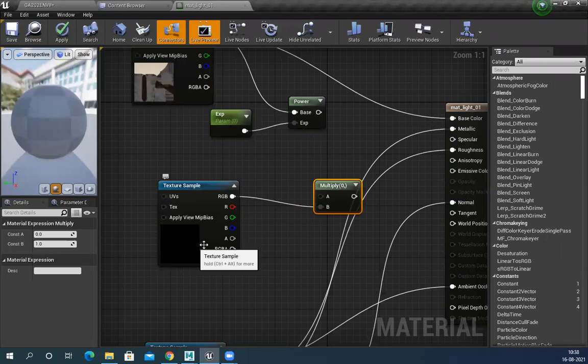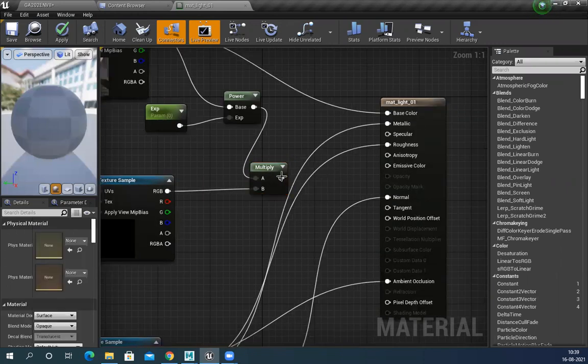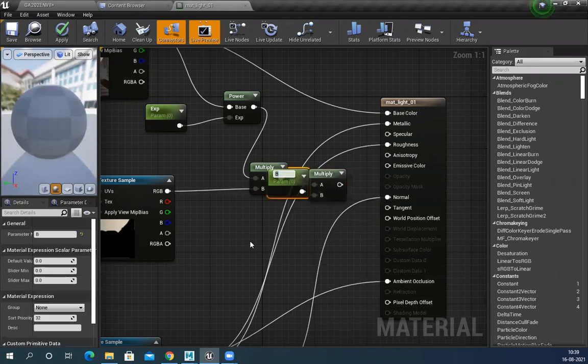Black won't glow, the rest of the thing will glow, and connect this to here. It's connected, but now I don't have any controller to increase or decrease the intensity. So I'll apply one more multiply, connect it here, click promote to parameter, and I can name it